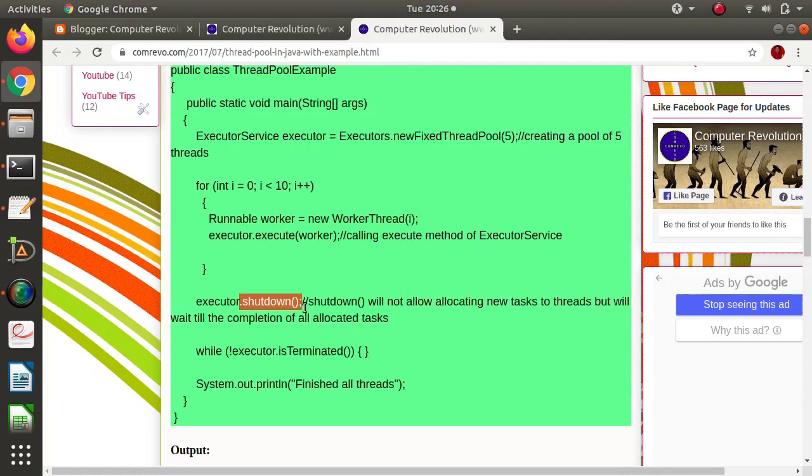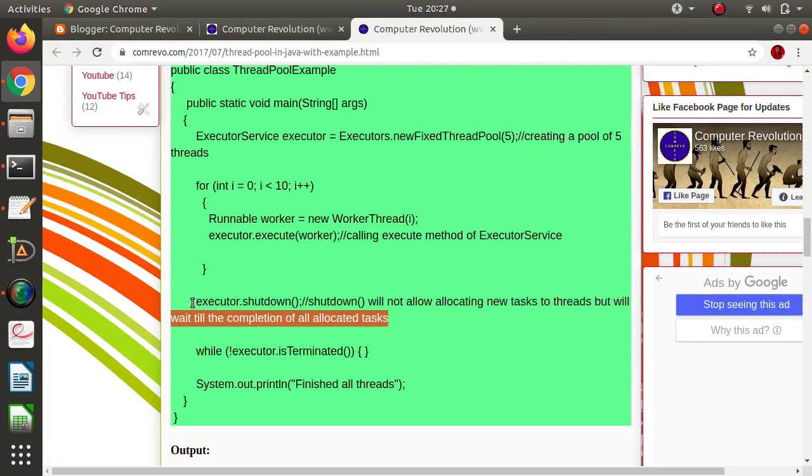And whenever we call the shutdown method, it will wait until all the threads have completed their task. So there are two benefits of calling shutdown. One is it will not allow creating another task, and second is it will wait until all the tasks are completed by the threads in the thread pool.